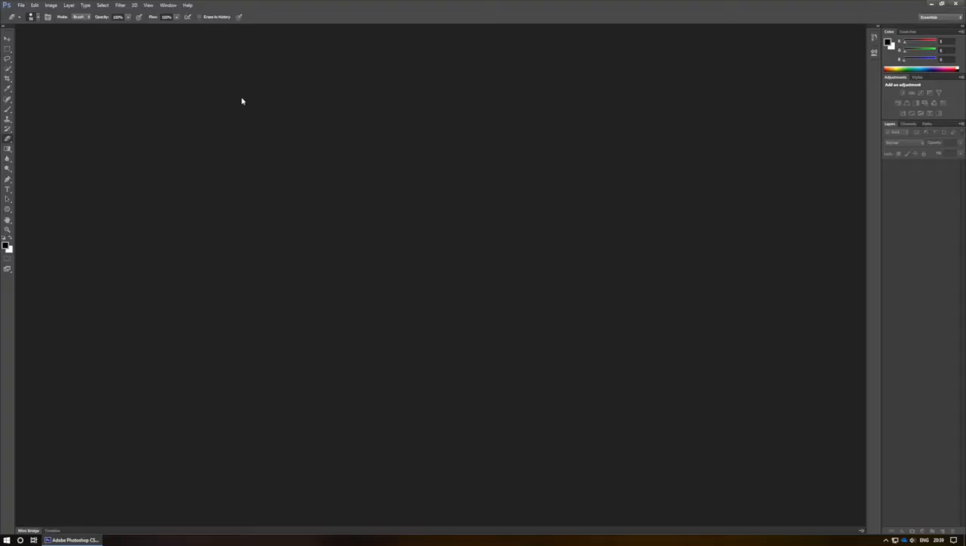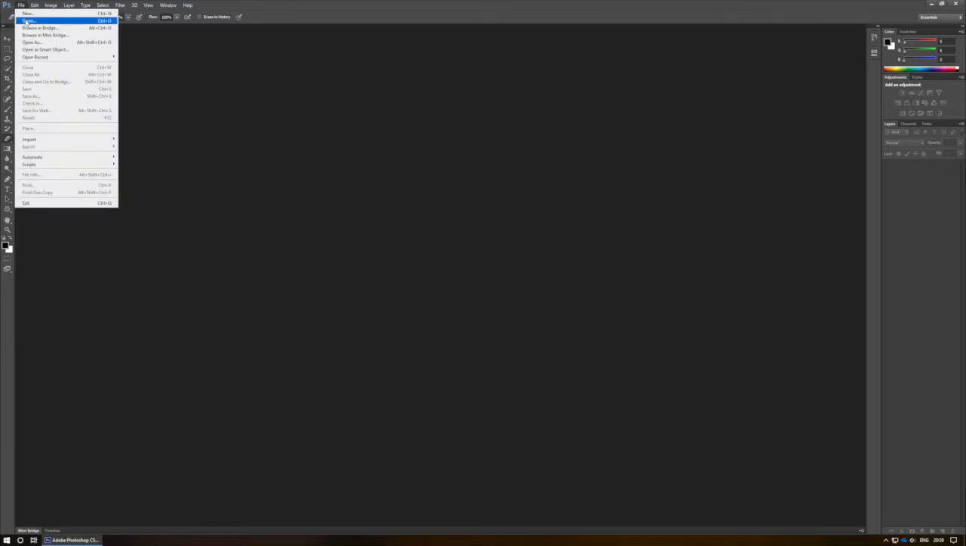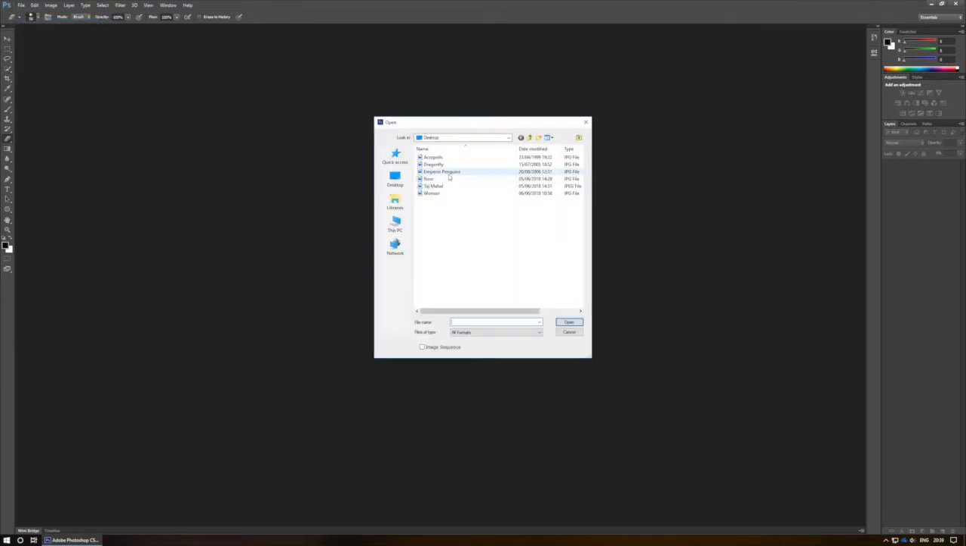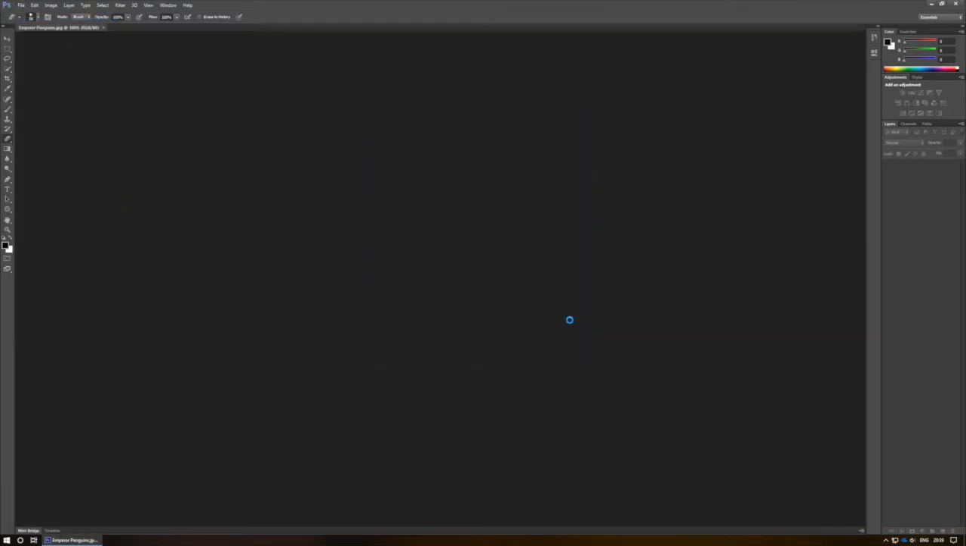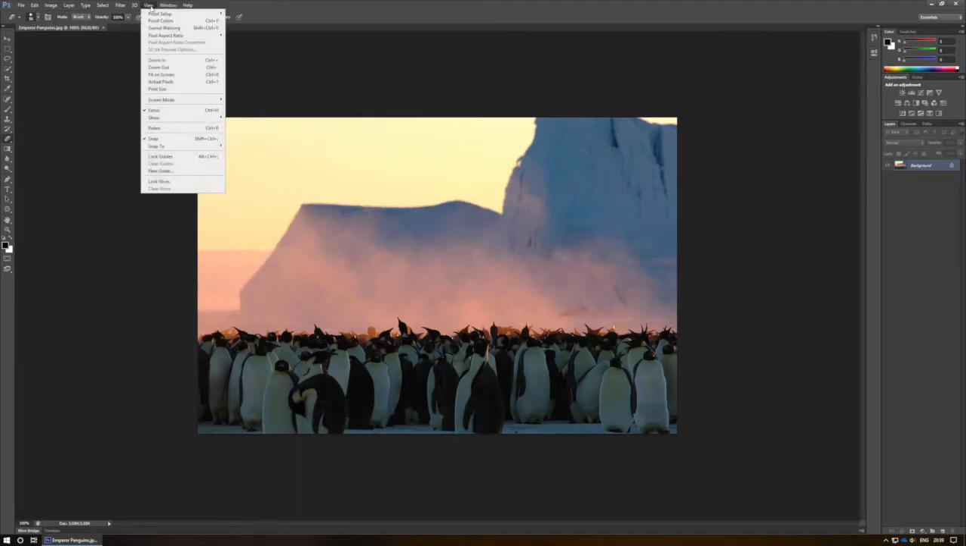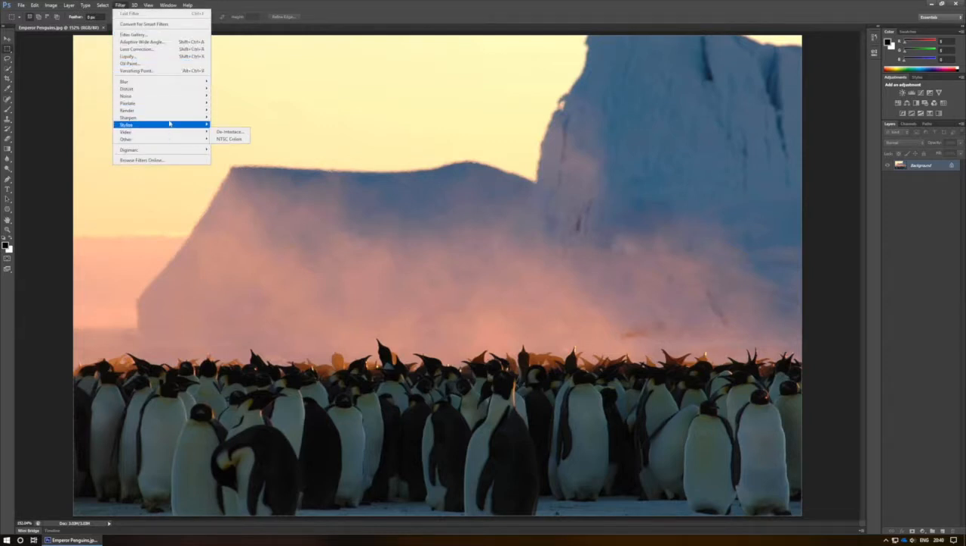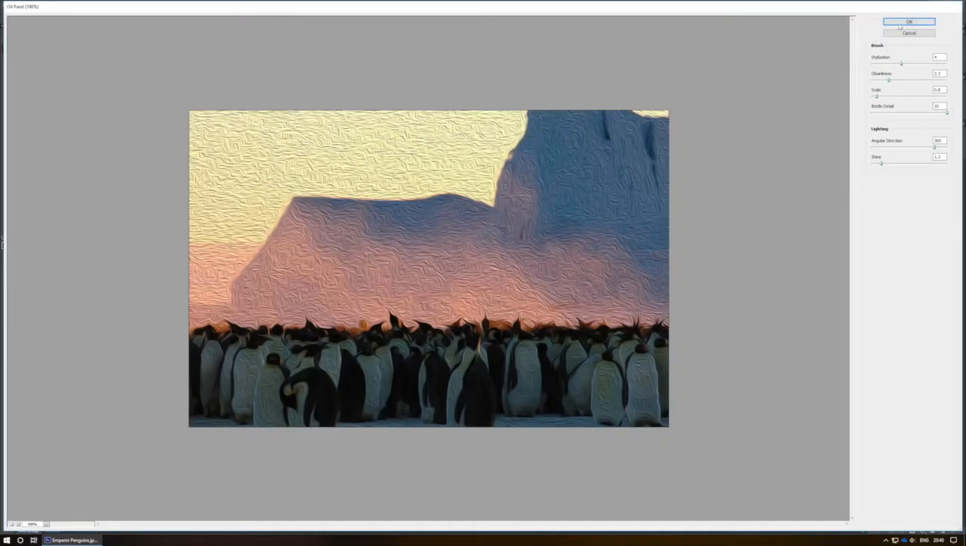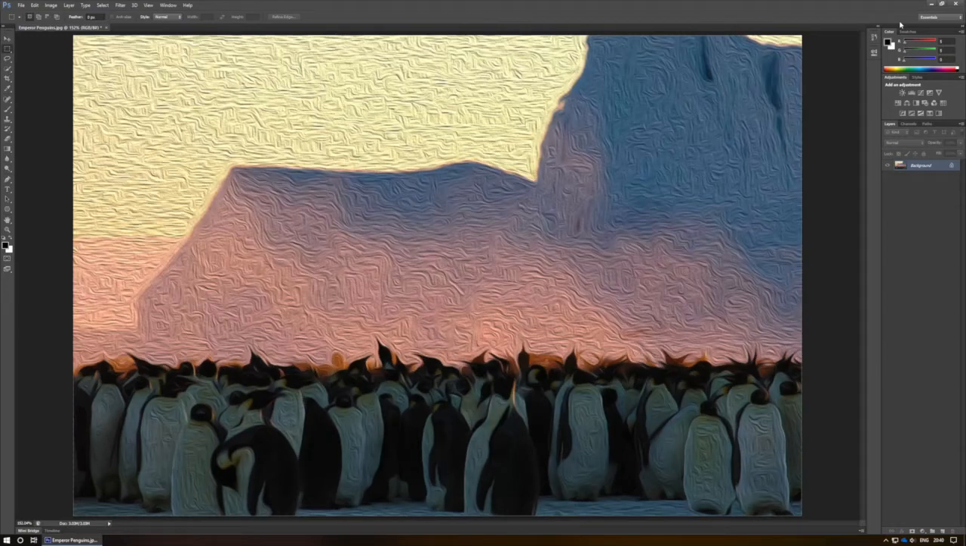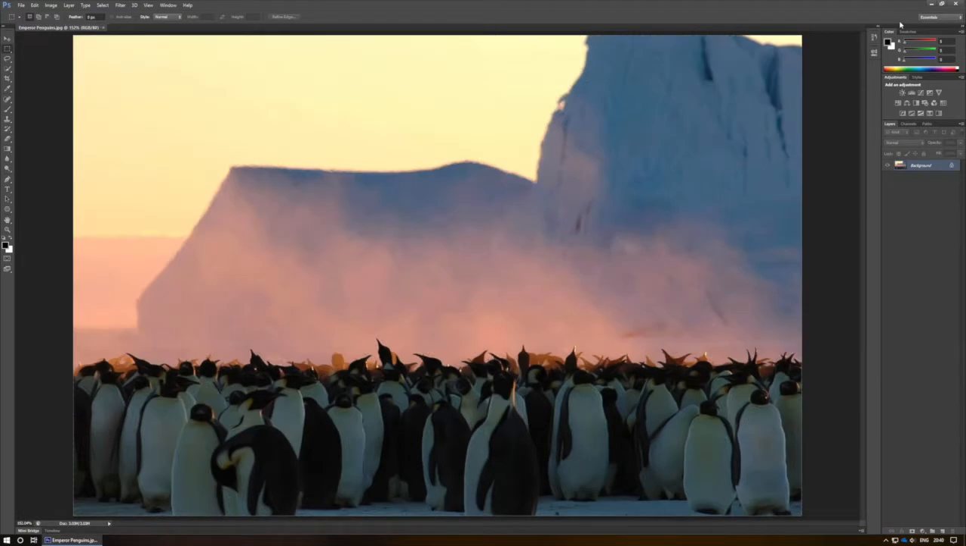I have a variety of different filters at my disposal using Photoshop. From my assets, I'm going to open up the Emperor Penguins and I'll fit them to screen. There are a variety of different filter options that I can choose, including filters such as the oil paint, liquefy,